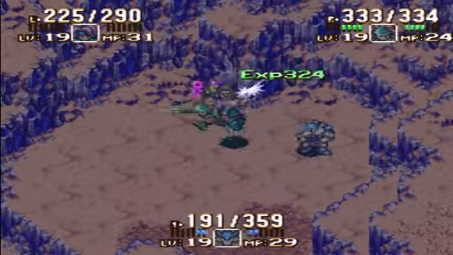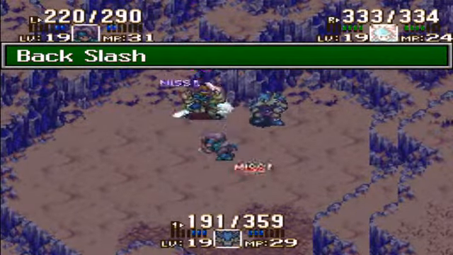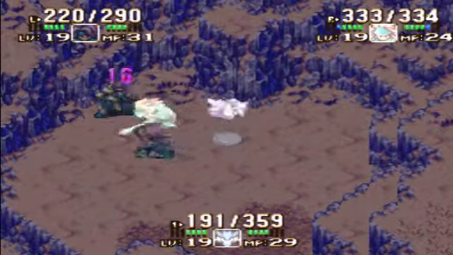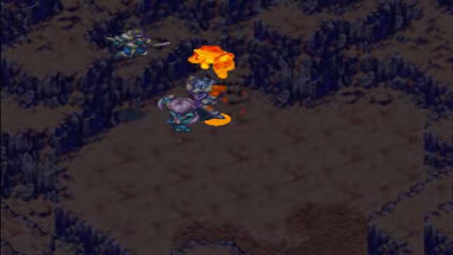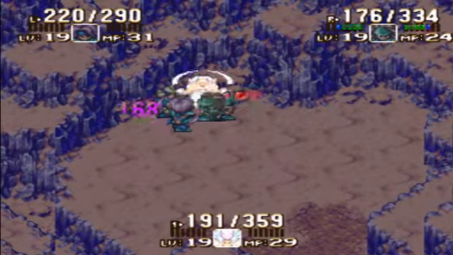Now, the reason that you do not want to use level 2 attacks is because most bosses in the game will respond to being hit with magic by retaliating with their own magic. So, if they're already casting a spell...